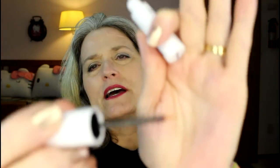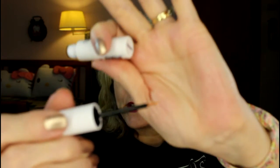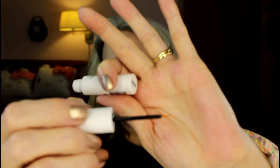It's clear. It has this little silicone brush type thing, but it's not exactly a brush. It's like an eyeliner thing. Let me get my face out of the picture so that it focuses on this. It's like one of those little silicone eyeliner things, but it's flexible like a brush. And of course you can see it's clear. The brush is orange, but I'll brush a little bit on my hand. And you can see that it's clear. I have a little stain from lipstick on my hand, but